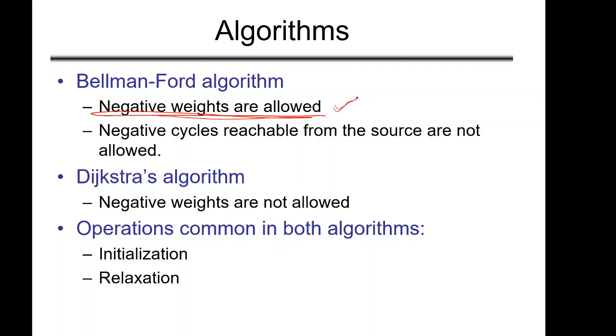Dijkstra is another algorithm, which does not allow any negative weight on the edges. Both of these algorithms solve the single source shortest path problem. And remember, we have seen that if we can solve this problem, then automatically we can solve all the other problems. And there is one more algorithm, the Floyd-Warshall algorithm, which is used for all pair shortest path, for finding all pair shortest